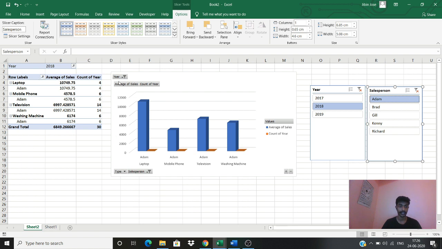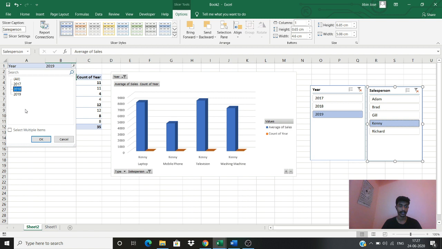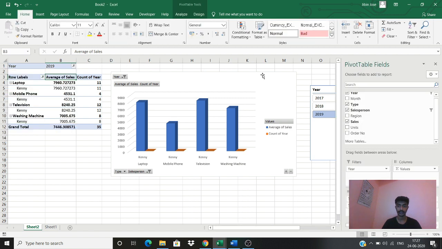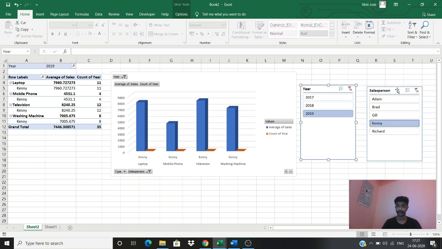So you can see the data has automatically changed, and accordingly the pivot chart has also changed. Now I come to the 2019 data and I press Kenny here, and you can see the data has changed. So this is also a filtration process of easily summarizing the data, or else you can drag in and use this here. It's according to you which filtration you choose, according to your convenience.